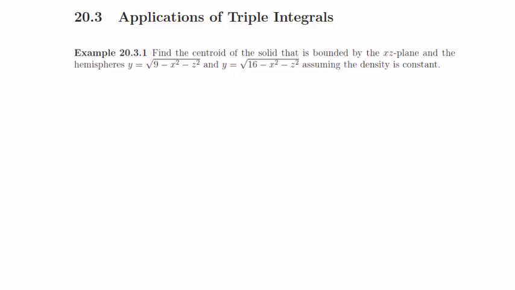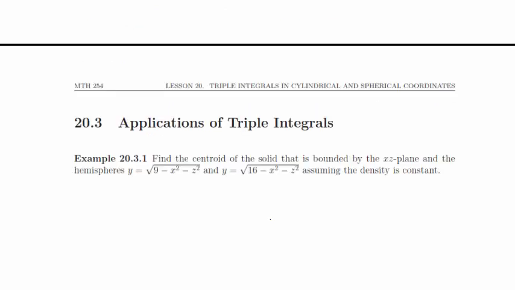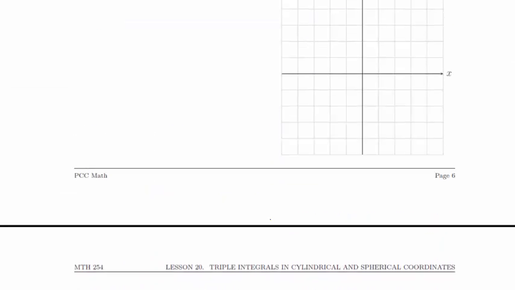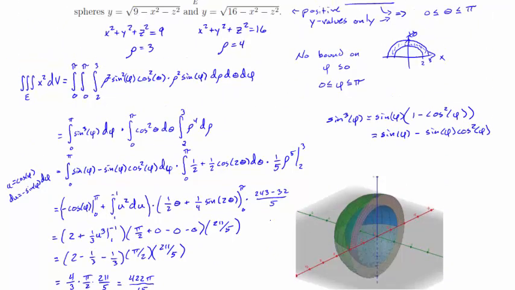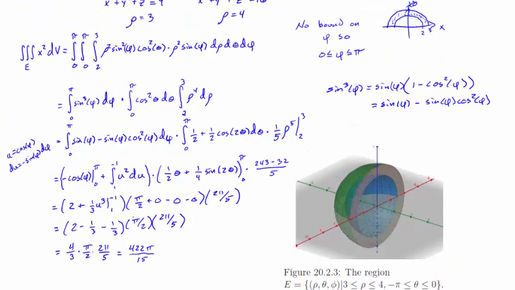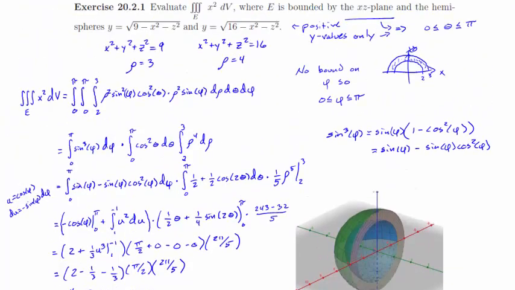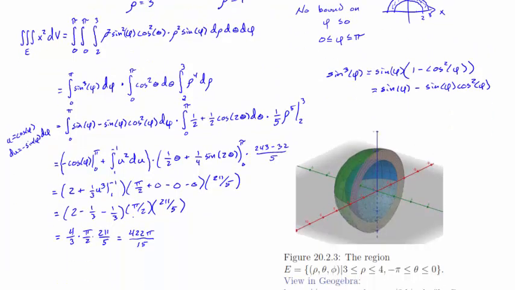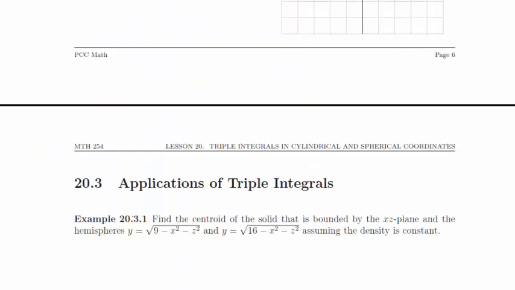So one thing that's nice about this problem is we're leaning on the work we just did in the previous problem, since the solid that we're talking about is exactly this solid from the previous problem. So we can set up essentially the same bounds for our triple integral without having to go through that again. Let's do some quick review